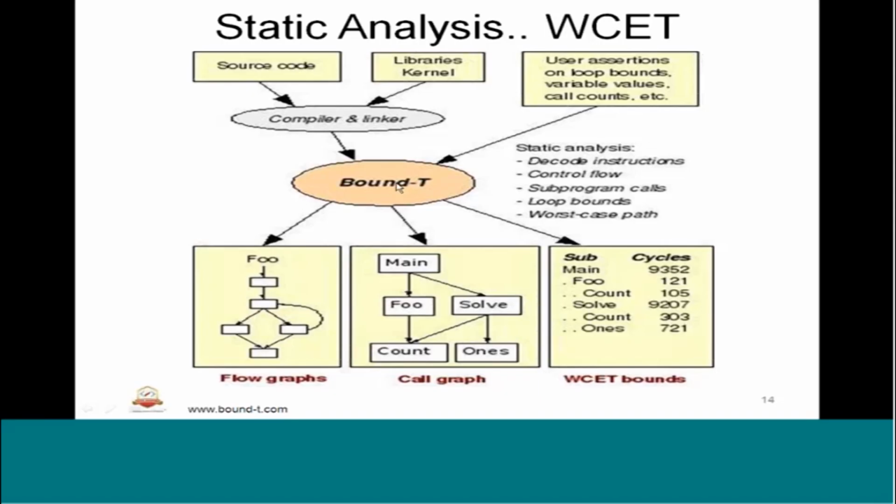All this will be analyzed in the bounty analysis, and the analysis is done with the help of decoding the instructions and the control flow, subprogram calls, loop bounds, worst case path. All this will be done with the help of bounty analysis. The inputs are analyzed, and as a result we have a flow graph. As a result we have a call graph. As a result of this bounty analysis,